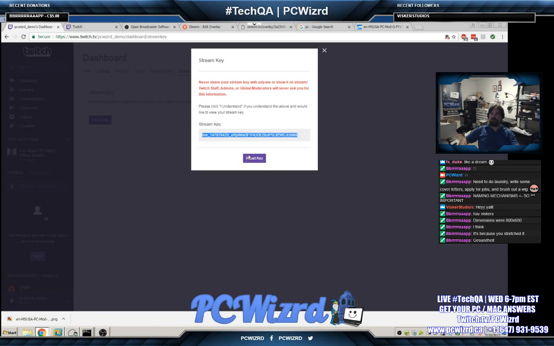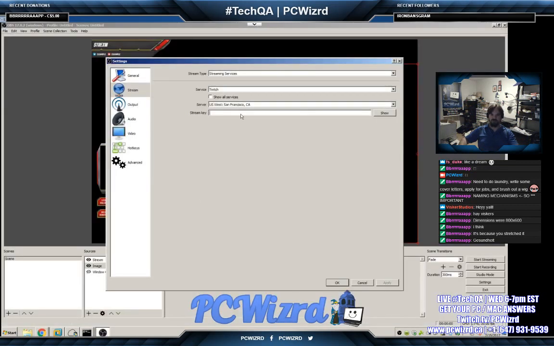If you, for some reason, think that your key has been compromised, you hit the reset key, and that wipes that key and invalidates it, makes you a brand new one. Which is exactly what I'm going to do at the end of this. And then we're going to paste it. And to be sure that your key matches what you have, you can hit the show button here, and it'll show your key. And that is the bare bone requirements to be able to get OBS to stream to Twitch,